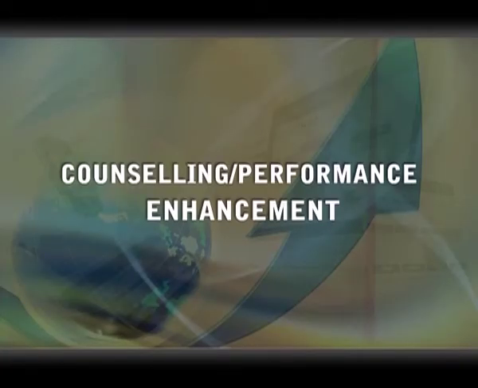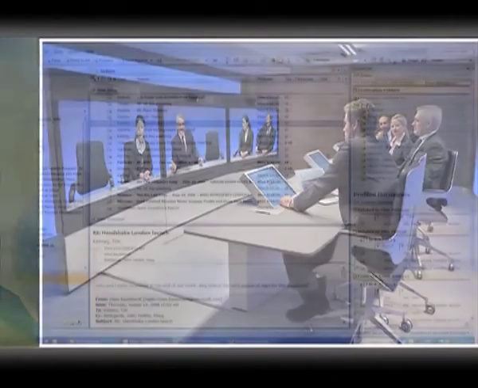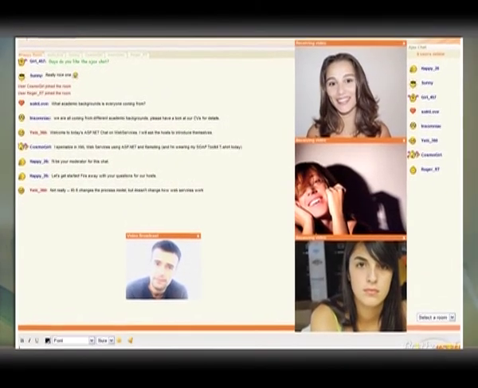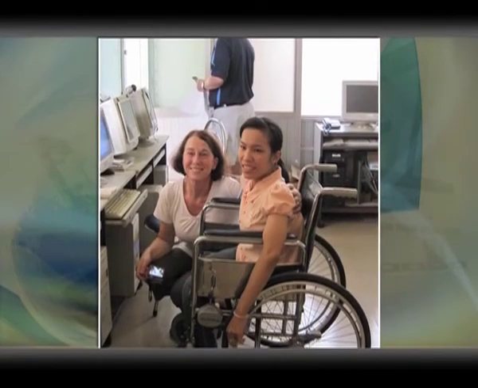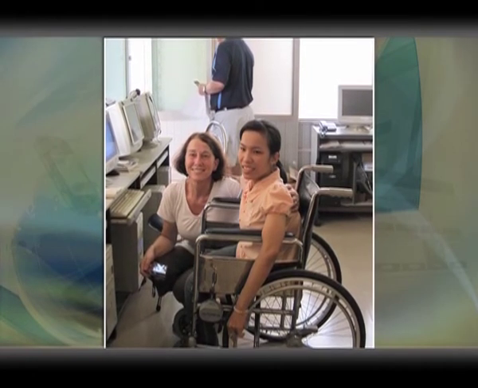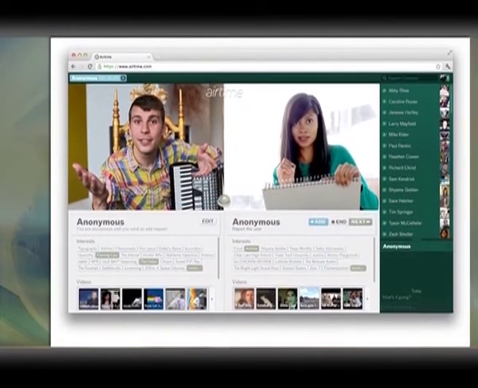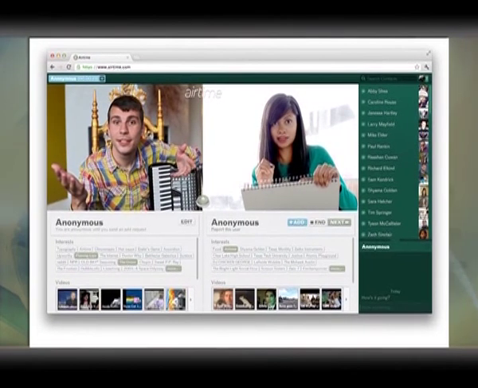Counseling or performance enhancement: use of Internet technology allows individuals and teams or groups from diverse backgrounds and geographic locations to receive professional guidance from practitioners. Technology such as video conferencing, email, telephone, and chat rooms make it possible for anybody with access to the appropriate resources to have contact with a service provider. These Internet resources also make it much easier for physically disabled individuals with reduced mobility to receive services. Internet technology also makes face-to-face meetings more efficient by allowing both parties to improve their relationship.